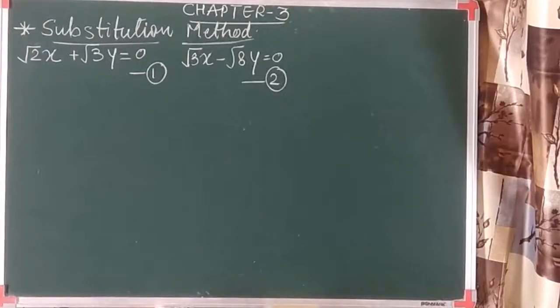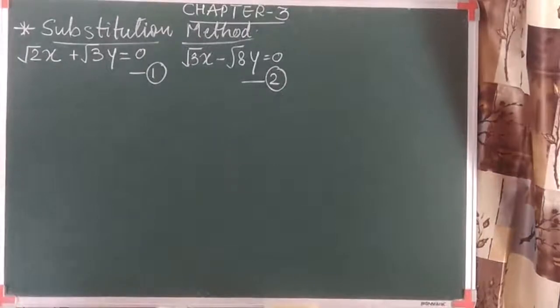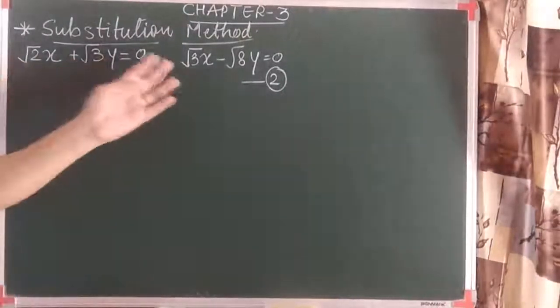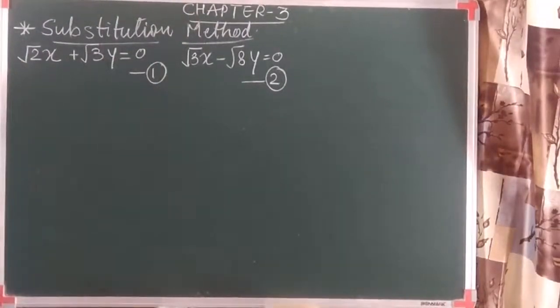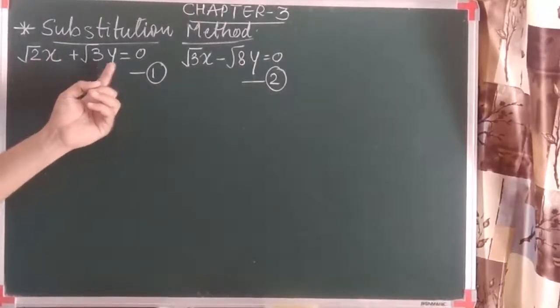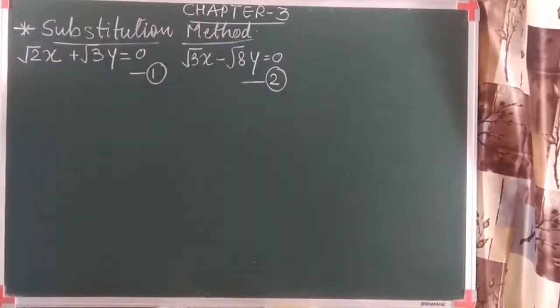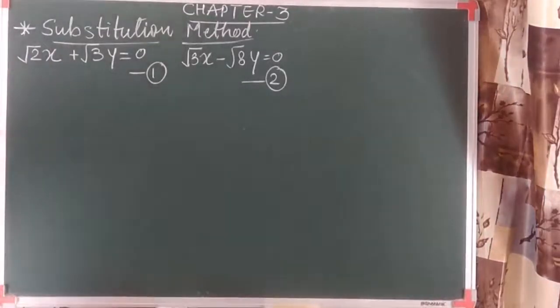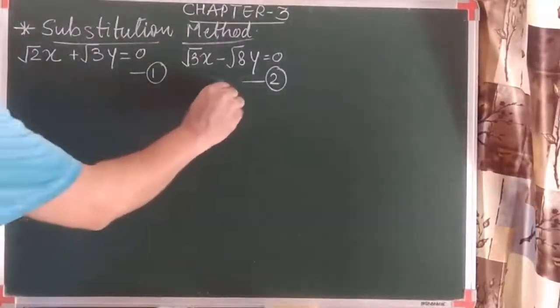Let's see one more interesting question, and we have to solve this by the method of substitution. You can see that here the coefficients given are square roots. The coefficient of x is root 2, this is root 3 and root 8. X and y, the coefficients are given respectively. So we discussed earlier that one of the variable coefficients is required to be 1. If they are not equal, let's make one of the variable coefficients equal, as we discussed